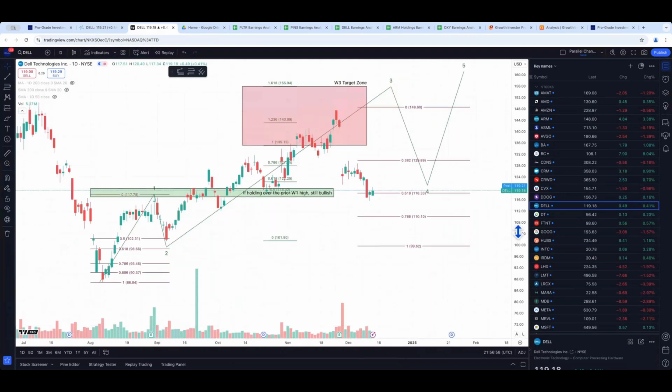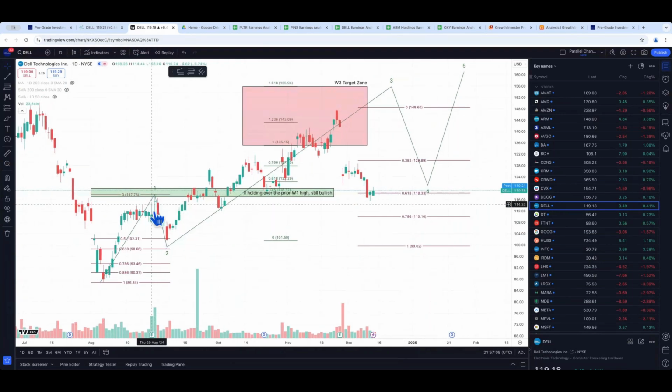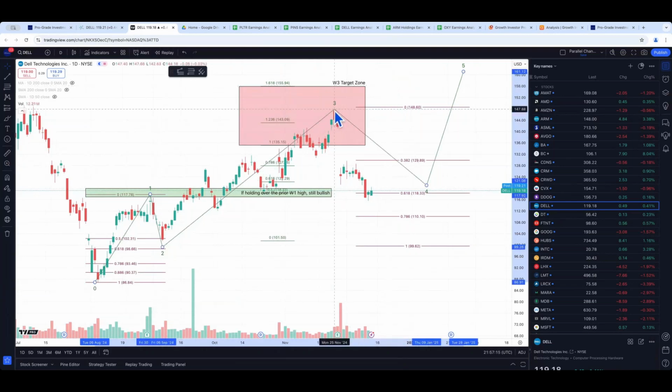So here we go, the August the 5th low, 86, wave 1 high at the end of August, 117, puts in a shallow wave 2 here, just a 0.5 retrace, and then puts in what is probably a wave 3 high there, up at 148. So not a huge wave 3, but it certainly ticks the boxes between 1.236 and 1.618. And then this post-earnings drop.